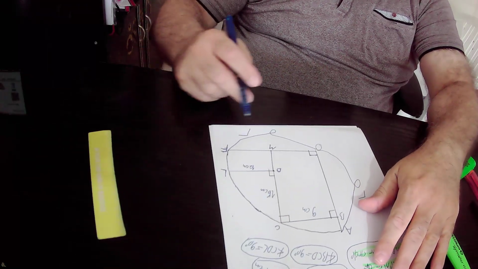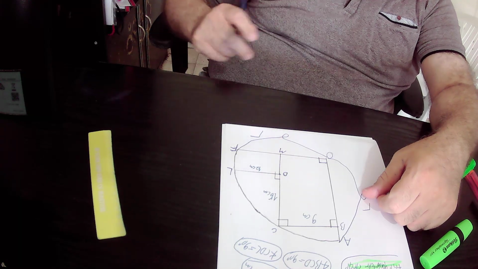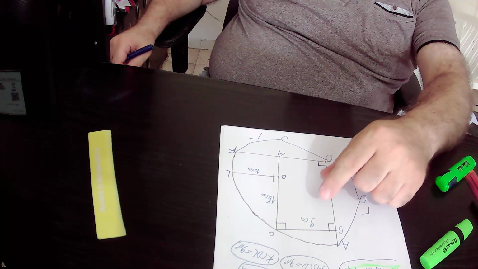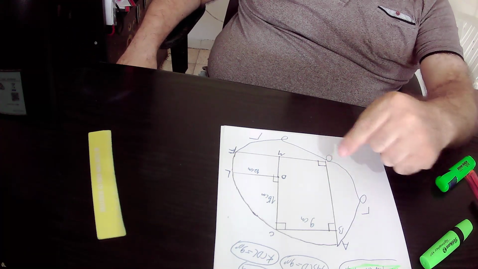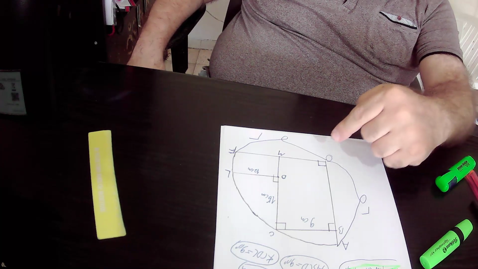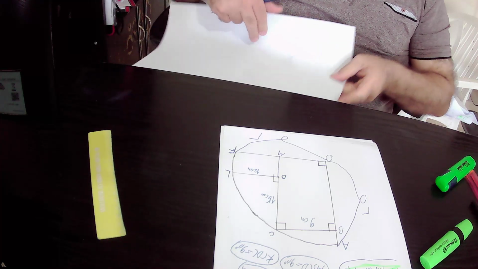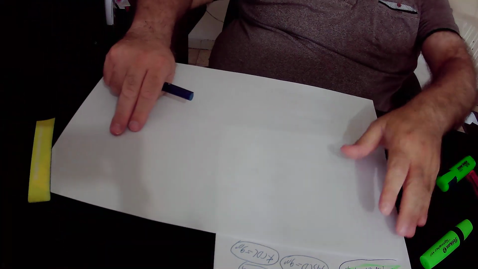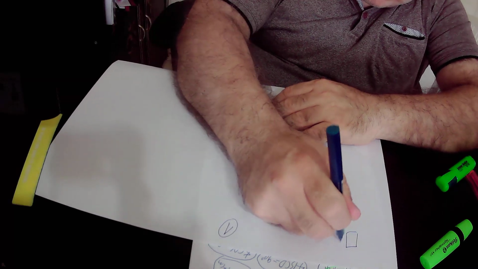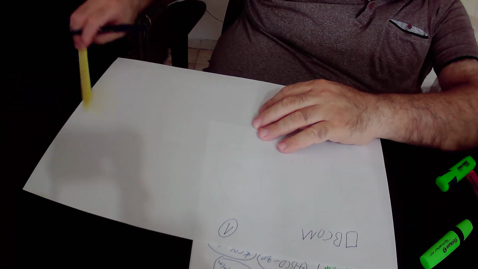Okay, by doing this construction, actually we created quadrilateral BCOM, and inside this quadrilateral BCOM we have 1, 2, 3 right angles. I repeat again, inside quadrilateral BCOM, we have 1, 2, 3 right angles. So I will write it down. Inside quadrilateral BCOM, we have 3 right angles,